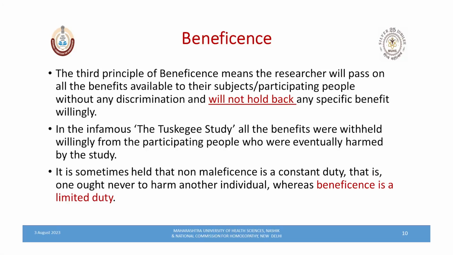This slide tells us about beneficence and what it is. The third principle, beneficence, means the researcher will pass on all the benefits available to their subjects or participating people without any discrimination and will not hold back any specific benefit willingly. In the infamous Tuskegee study, all the benefits were withheld willingly from the participating people, who were eventually harmed